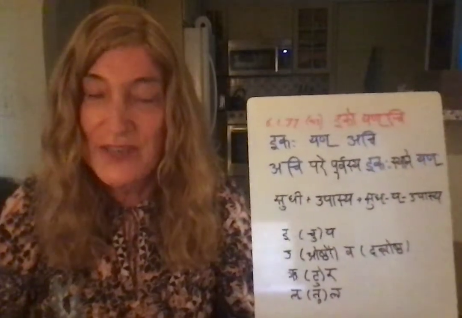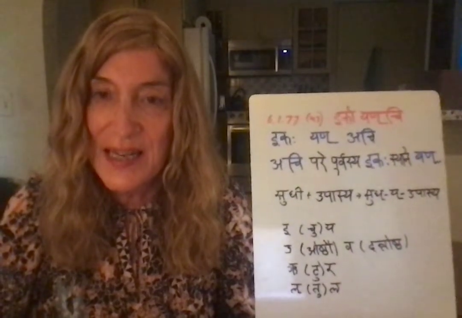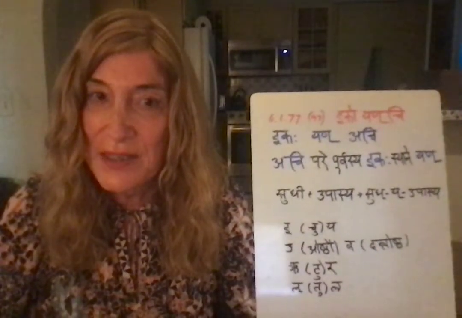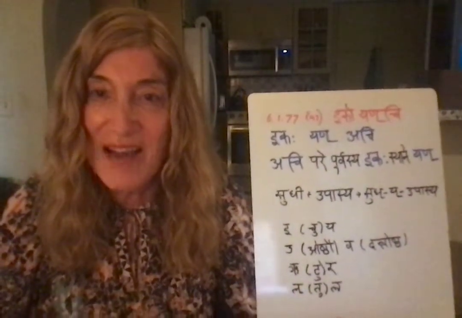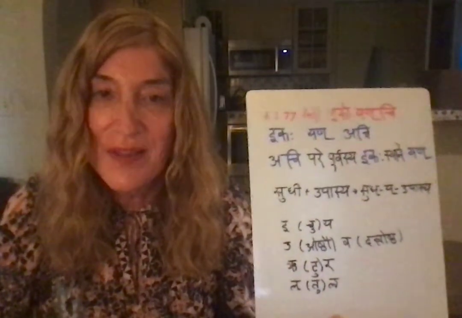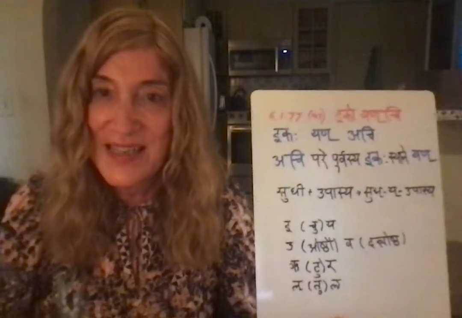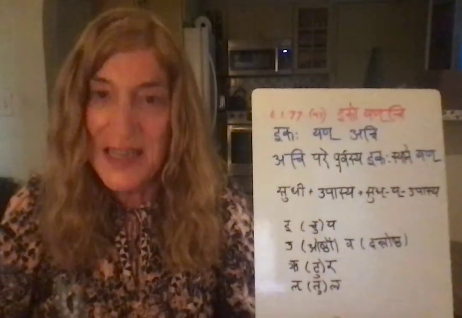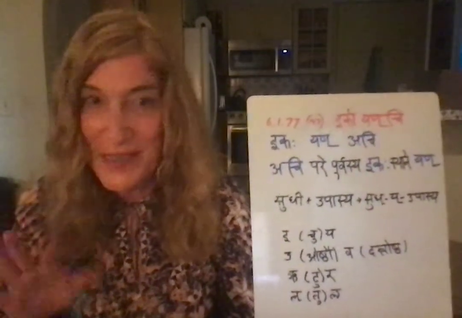All of the action is occurring in the ik, the one preceding the ach. So even though we say achi pare, and that is potentially confusing, in fact what's happening is not that the ach follows, but that the one that precedes the ach, namely the ik, is the one that is involved. That's the one that is replaced by yan. I don't know if that helps clarify it, but I find that interesting myself.